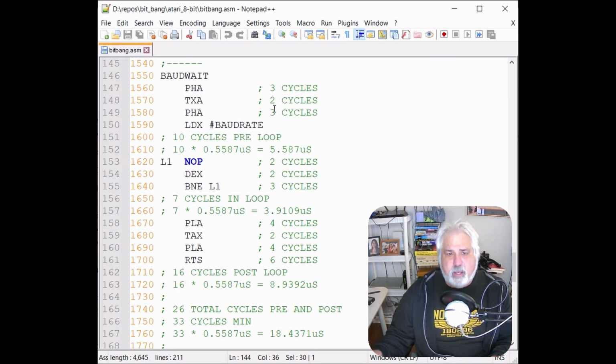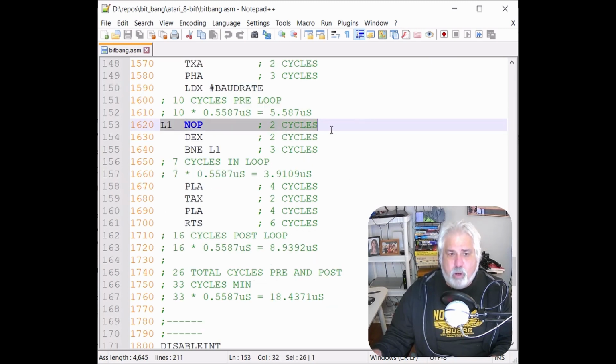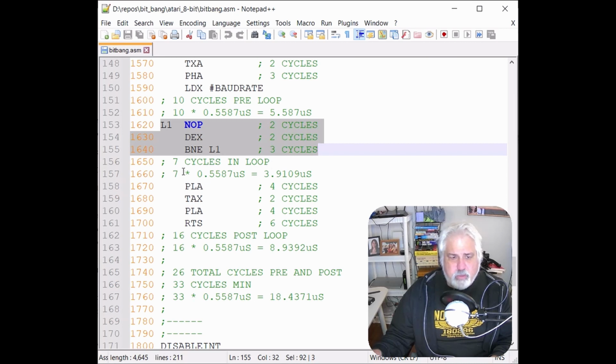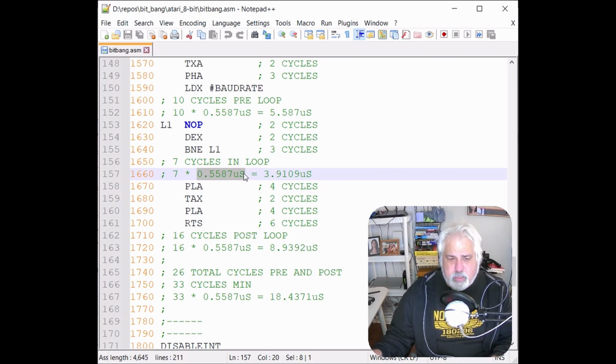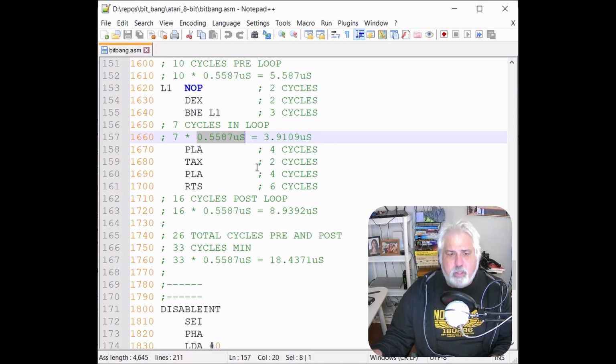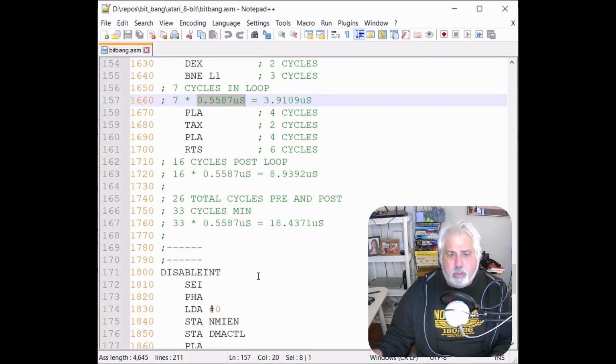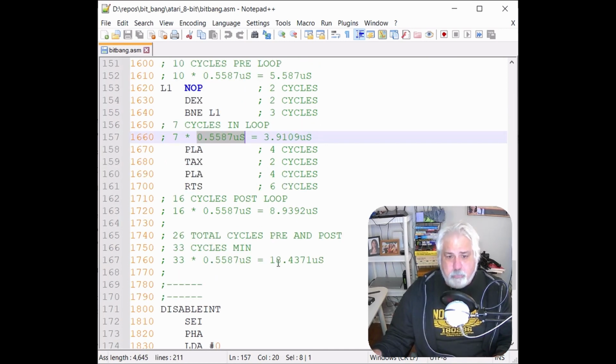So as you can see, every one of these instructions, I calculated the number of cycles. So we have 10 cycles in this pre-loop. Then here's a no-op, and this is basically a loop. And in this loop, it basically is telling you 7 cycles in loop, 7 times. This is the per cycle time. That tells you how many cycles, and then 16 cycles post-loop. So using these numbers now, you can calculate that this routine takes 18.44